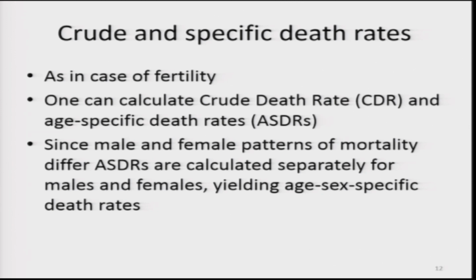Like crude death rate is number of deaths divided by average population into 1000, and age specific death rate in a particular age group, say 15 to 19,